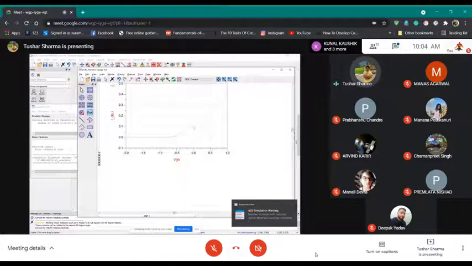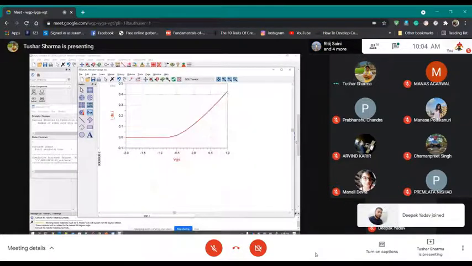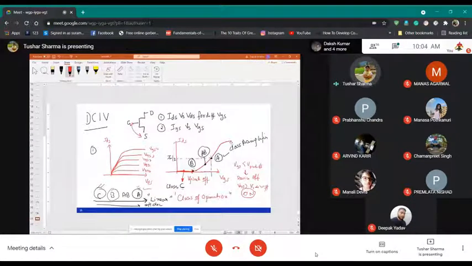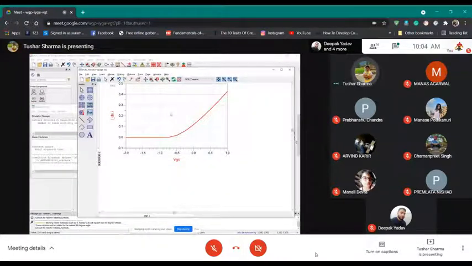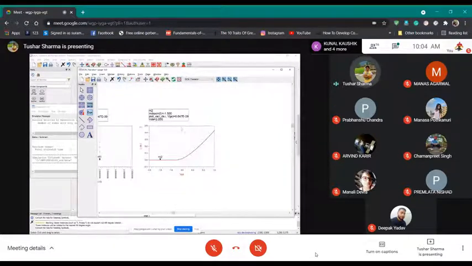When you rerun it, you see this beautiful curve, which is the IDS versus VGS profile, which I was explaining to you earlier. In this, I was explaining how you define classes of operation. You are exactly getting the same curve. So if you again put the marker on this curve, you see if your VGS is minus 1.5, your current is 0. Now, if you increase VGS, I'm changing VGS now for a fixed VDS, your current increases.